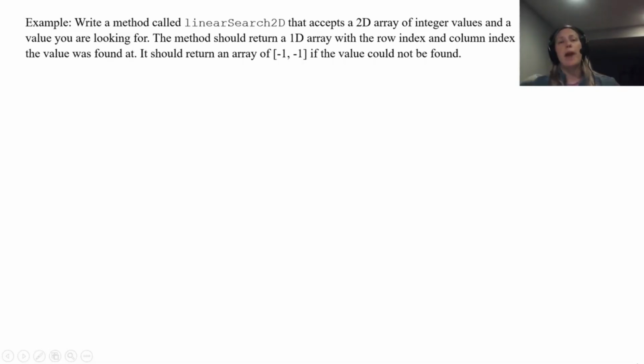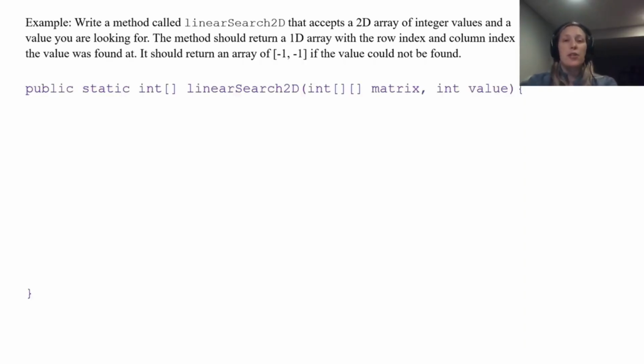It should return an array of -1, -1 if the value could not be found. Perfect. That's all we need. That's all the instructions we need, and we can put together a pretty little method from there. Okay. So first, let's start with the header